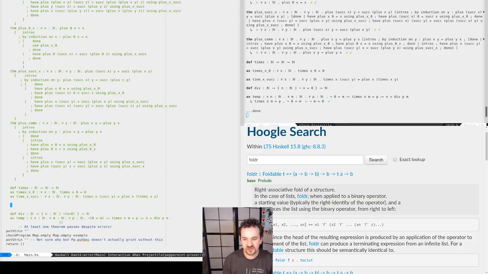Total functions, I need to be able to specify what it means for them to be total. And I don't know yet how to do this and to be able to manipulate these.